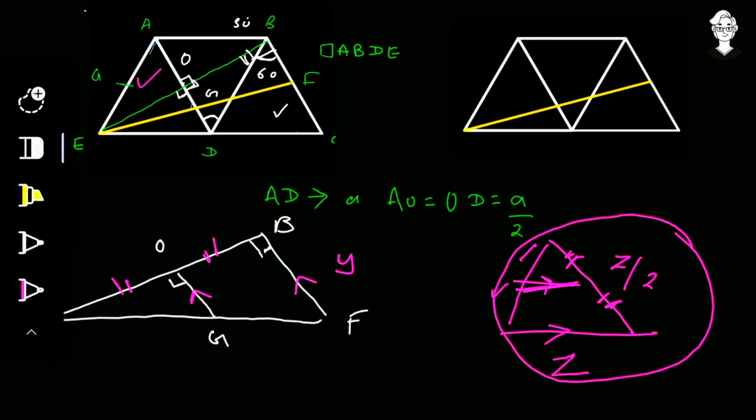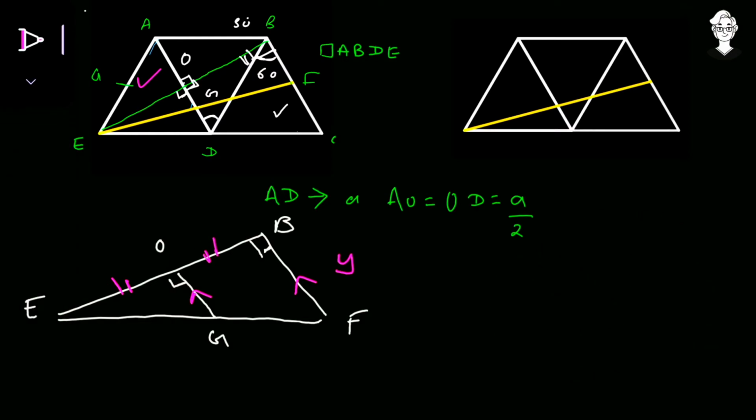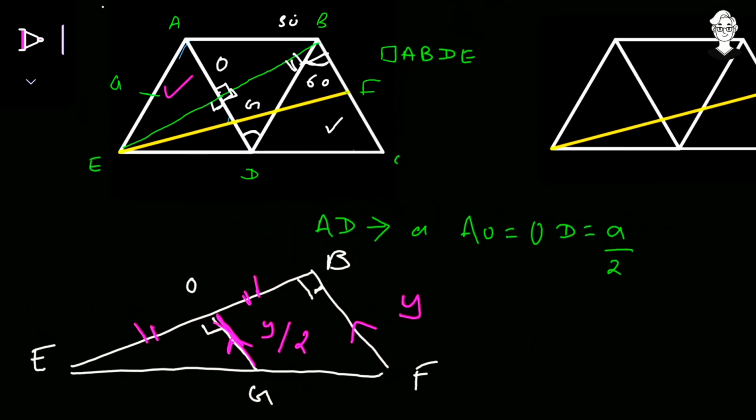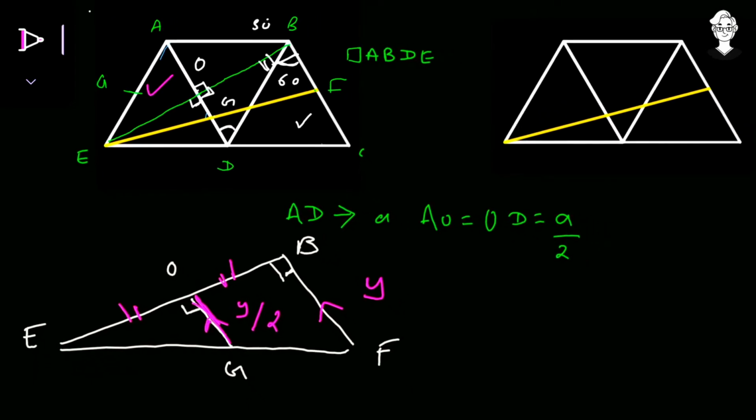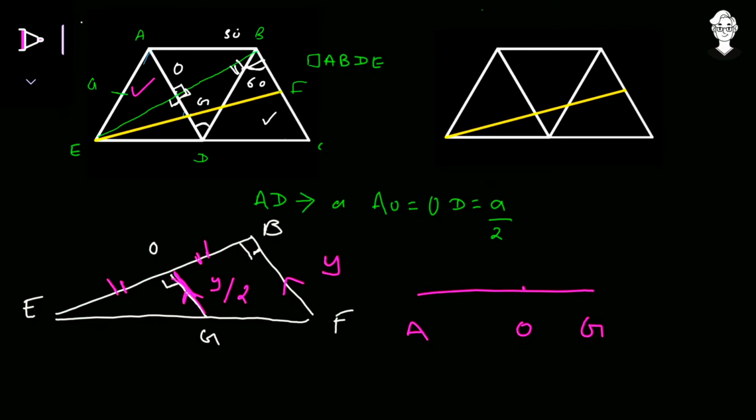We already know it. So over here also, its parallel line is there. Absolutely, it's there. One of the sides is exactly bisected. Yes, it's bisected. So this parallel line is going to have a length half the length of the base. So in this case, the base is equal to Y. So this is having a length that is half the base, so it's equal to Y by 2. Now Y by 2 is the length of OG. The line segment OG is having a length Y by 2. And the line segment, meaning AG. Remember, yes, AG, and over here is the point O. AG was having a length that is equal to X according to the original question. AG was equal to X.